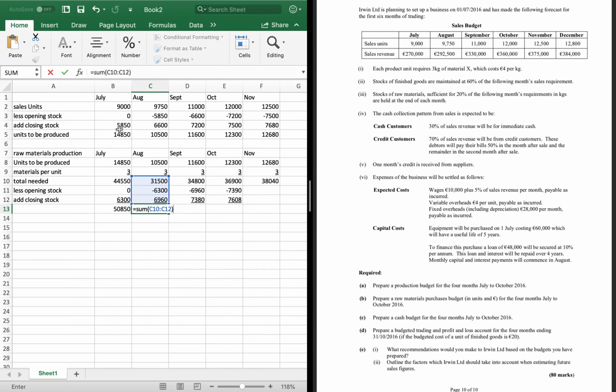So 31.5 minus 6.3 plus 6,960. 34.8 minus 6,960 plus 7,380. 36.9 minus 7,390 plus 7,608. Now we don't need November anymore. You can stop at that point. Okay, but November you're only using that to work out your closing stock of raw materials. Now you're asked to do it in units. So this is your required for purchases,